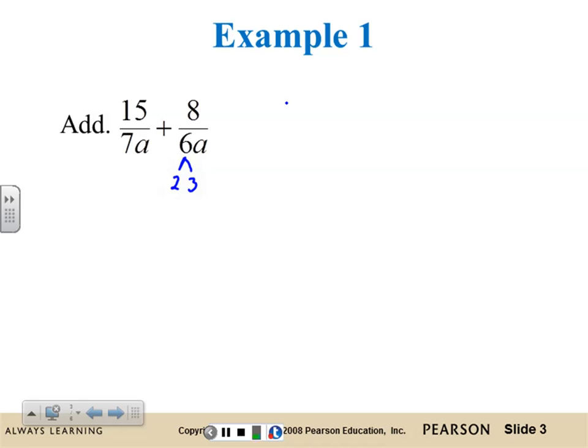Now, to find your least common denominator, you're going to write down anything of your primes, that's your 7, a, 2, 3, and a. Write down anything that's already in common, which we know is the a, and then write down anything that's not in common, which is the 7, the 2, and the 3. And multiply it all together, and of course write it in descending order. So 7 times 2 times 3 is essentially 7 times 6, which is going to be 42a. So that's my common denominator. Alright, so now that we have a common denominator,